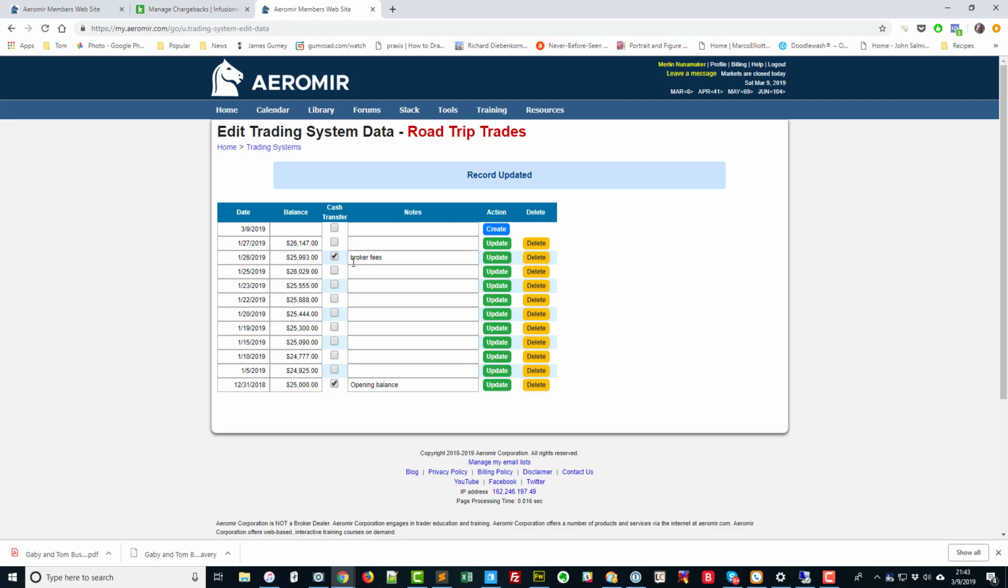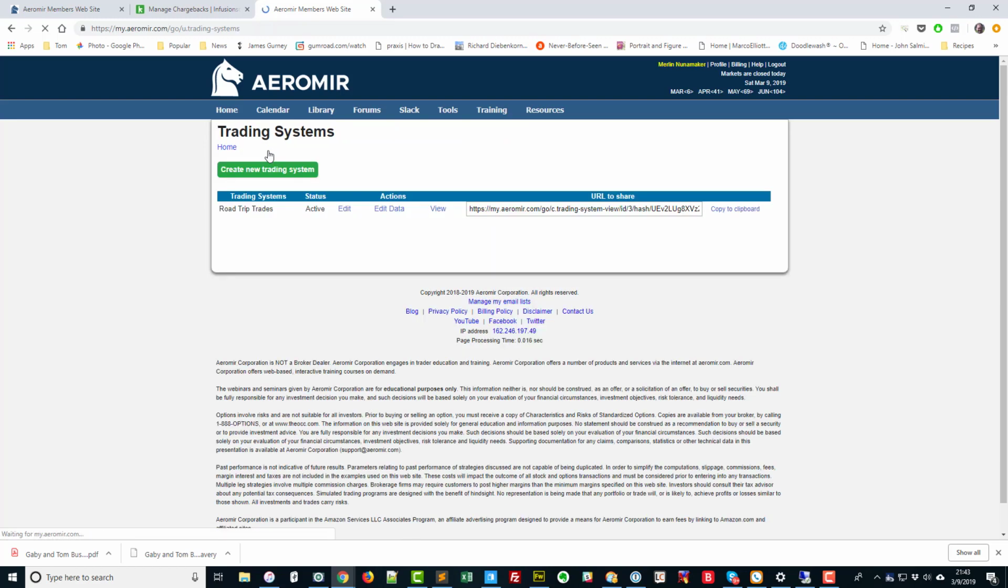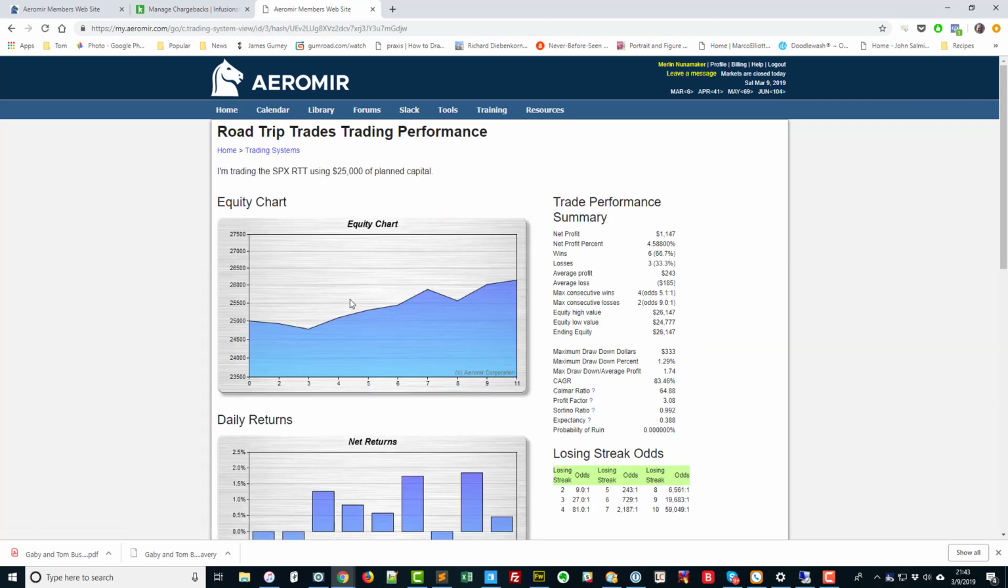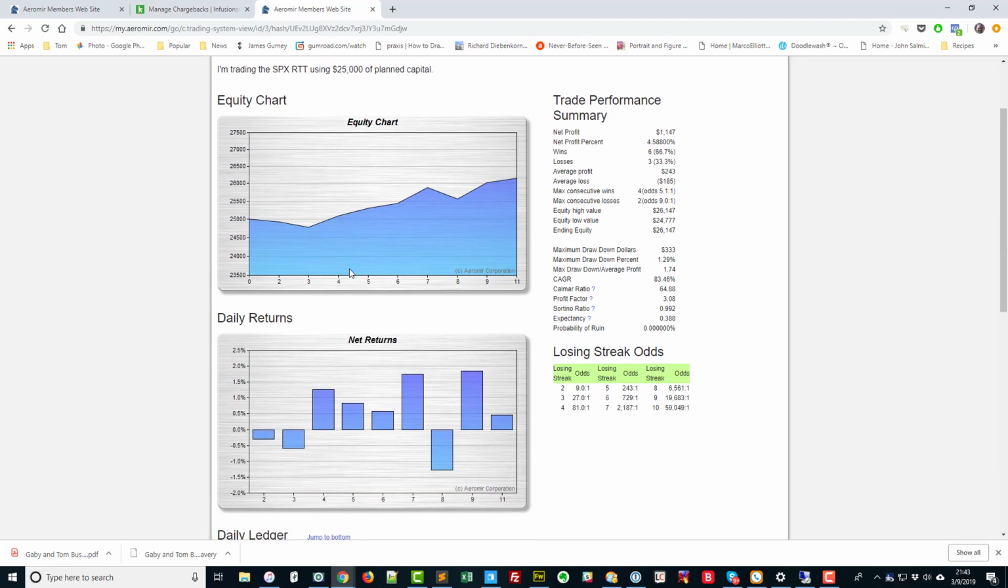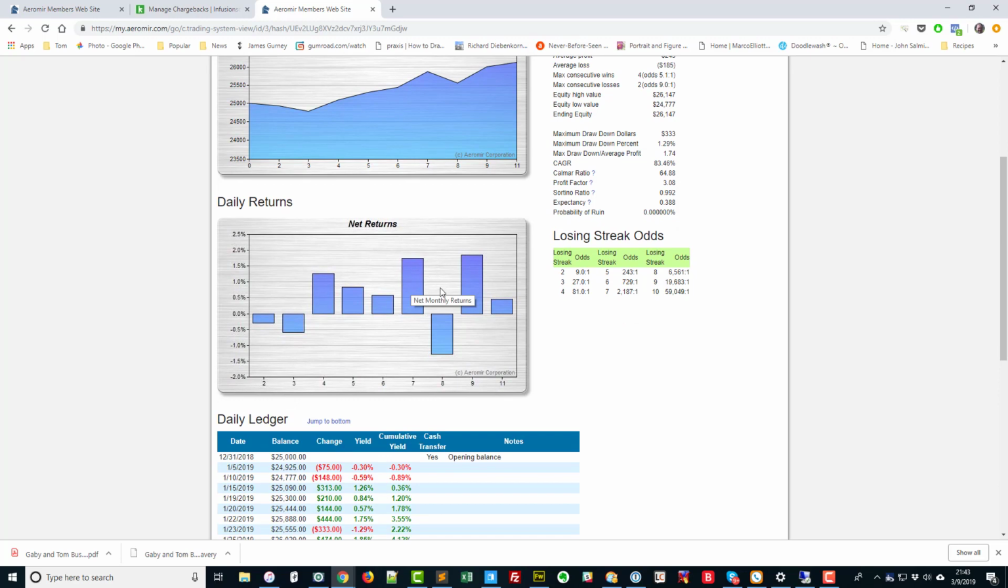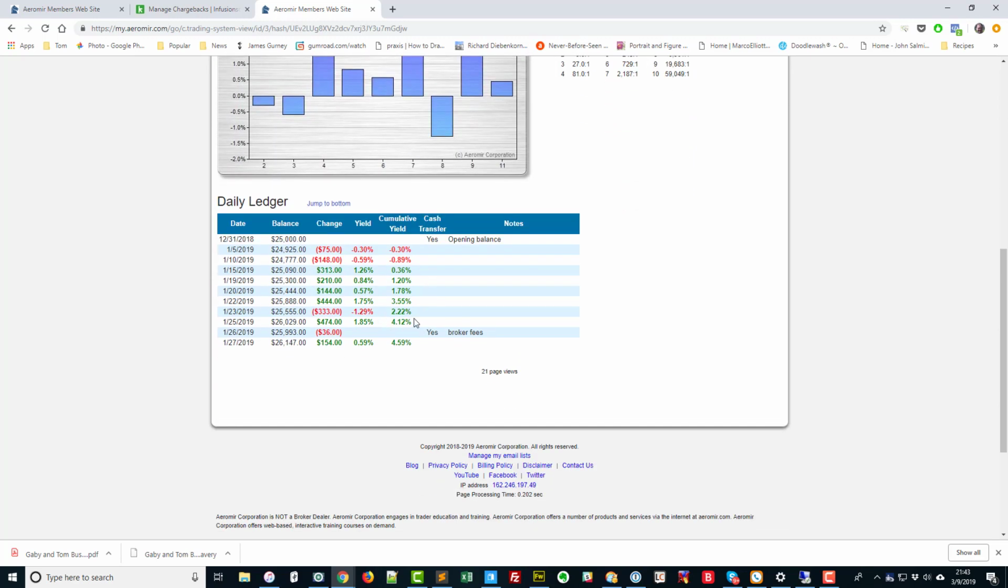Those are cash transfers, so those we'll ignore on the equity charts. So here you just click View It, and here's our description that we put in. And you're logged in, so you'll see links back to the home page and also the trading systems home. And here's the equity chart that it had, the distribution of net returns, and here's all the data for that